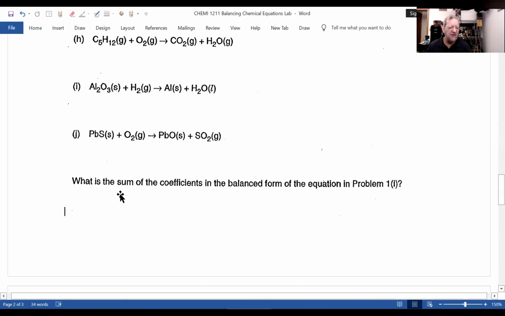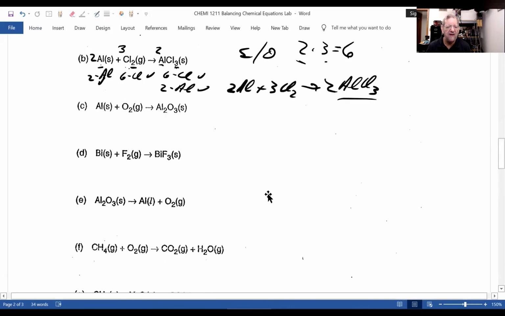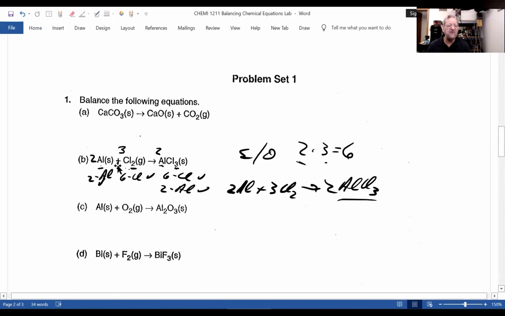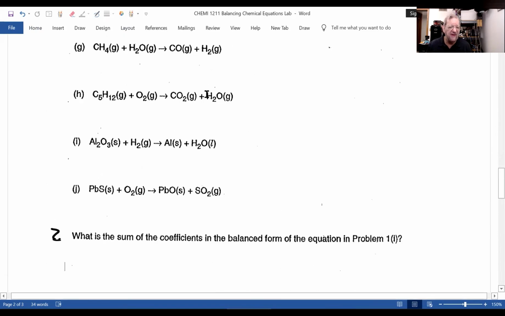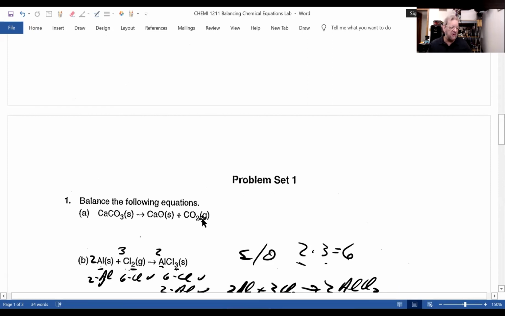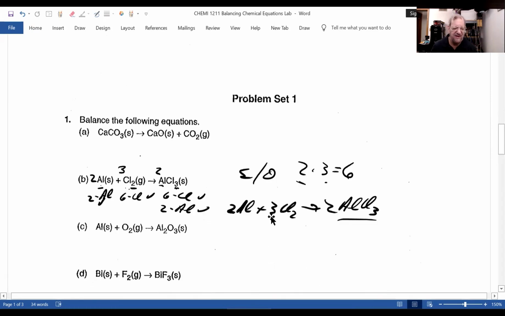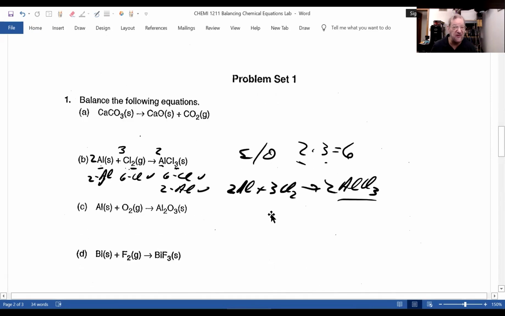Now, one question, this should be question 2. Hey, Professor. Yep. For the last one, what do the S and G stand for? S stands for solid, G stands for gas, and L, if you look down here, stands for liquid. And you see that sometimes in a chemical reaction, but for balancing it, ignore it. Okay, perfect. Thank you. You're welcome. All questions are good questions. Thank you for your question. This is not only to help you out, but I might have helped some other people out who didn't know that.